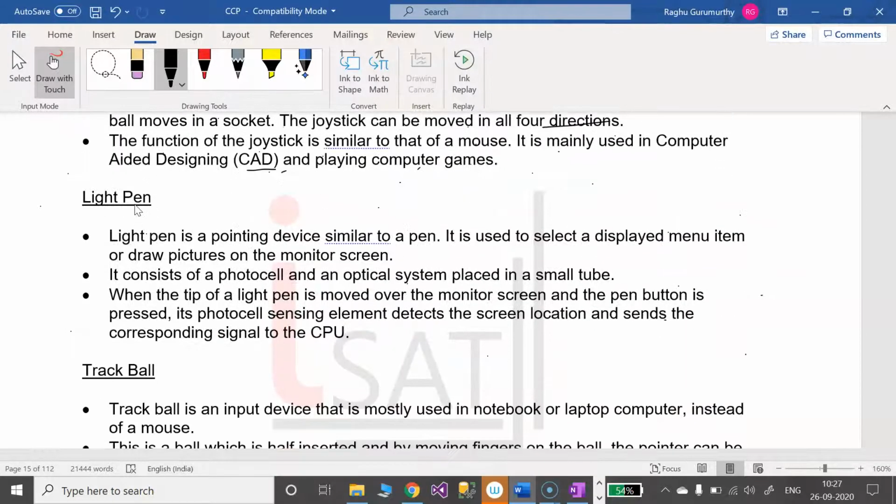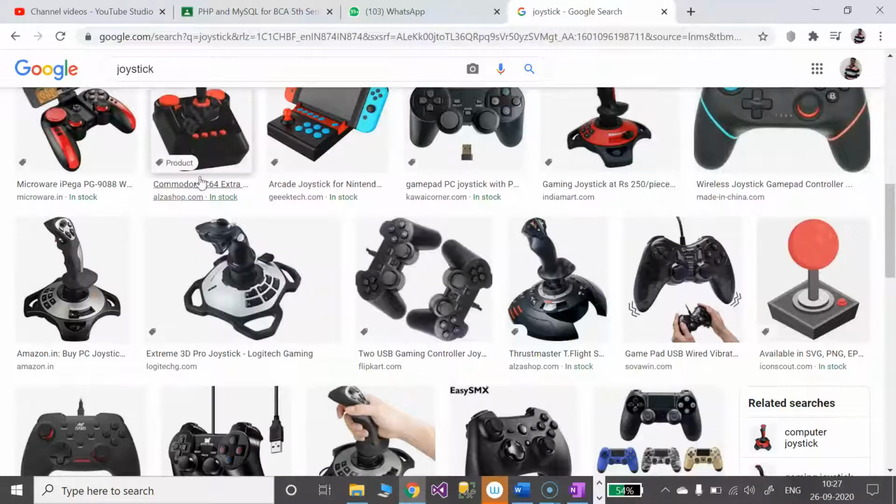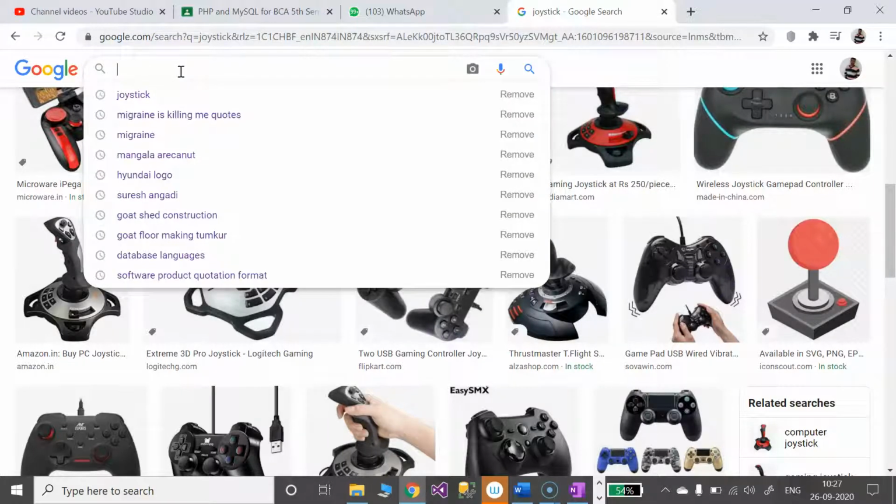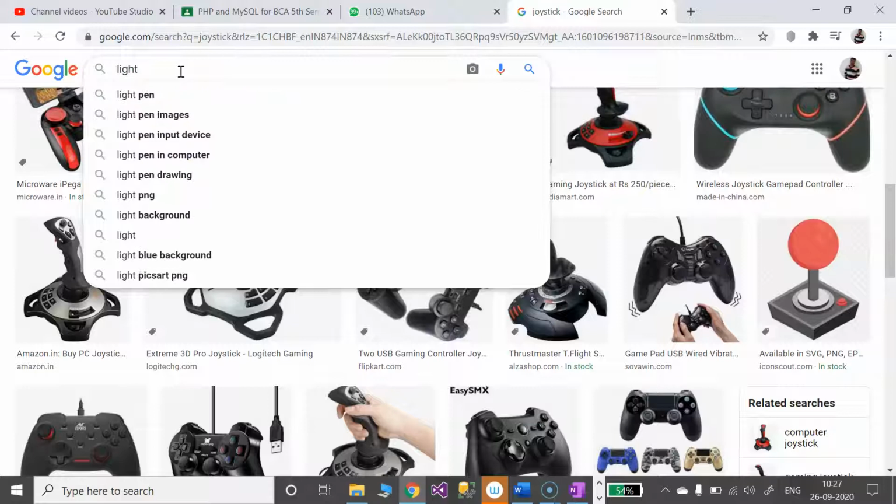Then followed by the light pen. This is also a pointing device similar to a pen. It is used to select a displayed menu item or draw pictures on the monitor screen. That device we call a light pen. Of course, we should look at how exactly it looks.